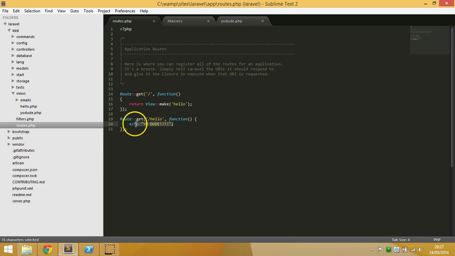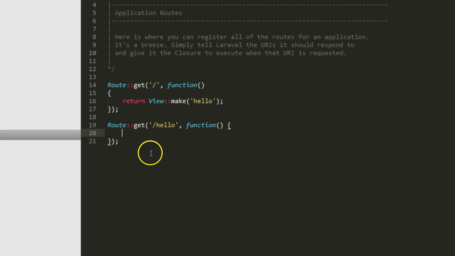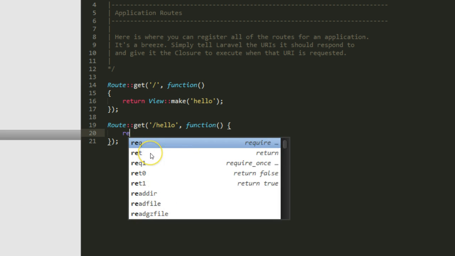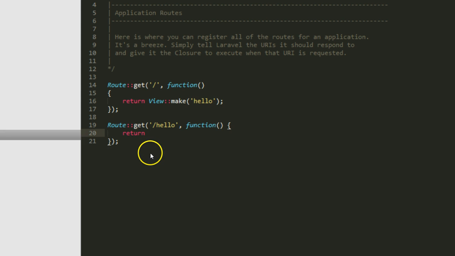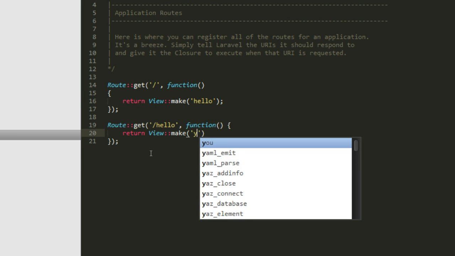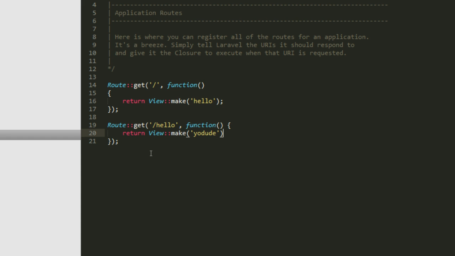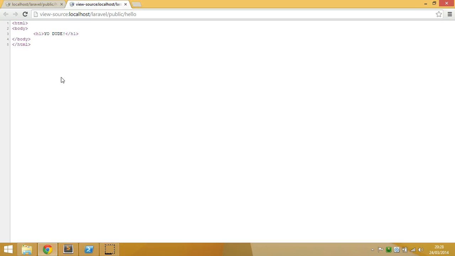So all we're going to do here is delete this. If we press Shift and delete, and then we will return view make, and then it's the name of the file without the .php at the end. So we called it yo-dude, I believe. End the line. And then let's have a look at, is it still hello? Yeah, so let's refresh this, and now we have an h1 tag. So if you see there,